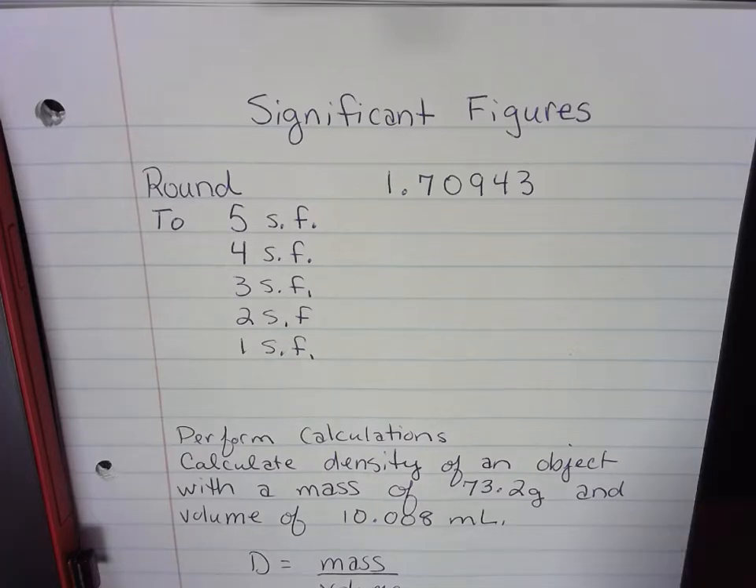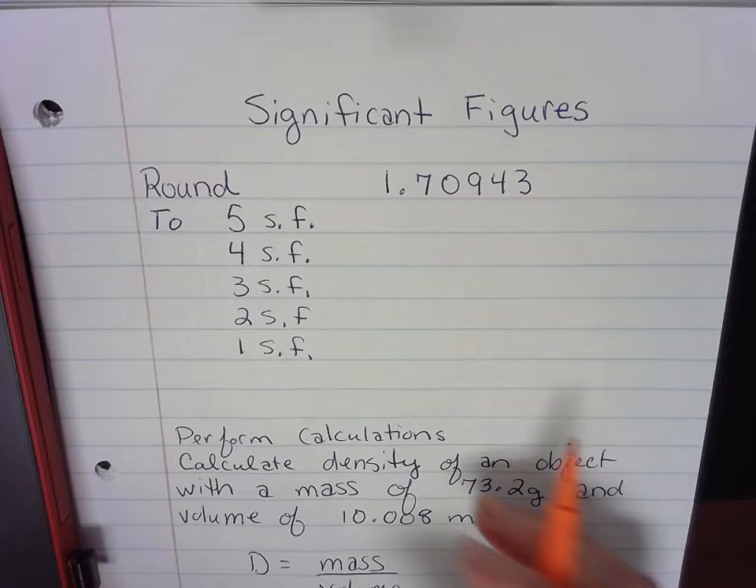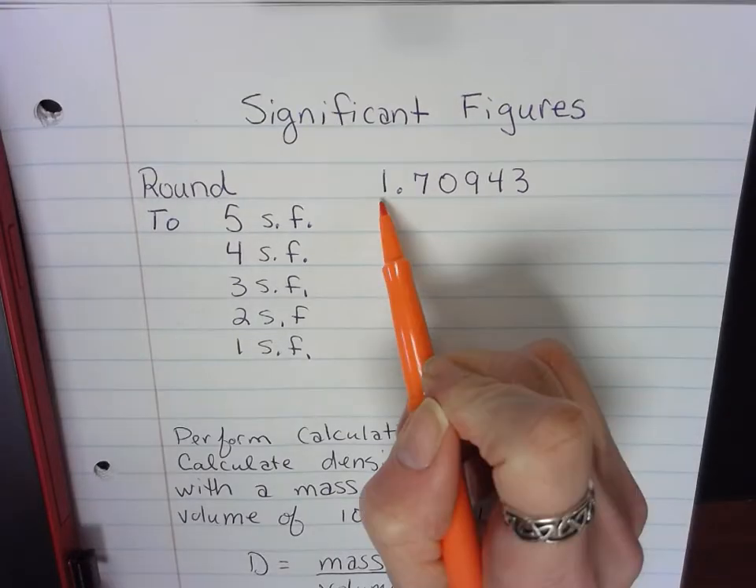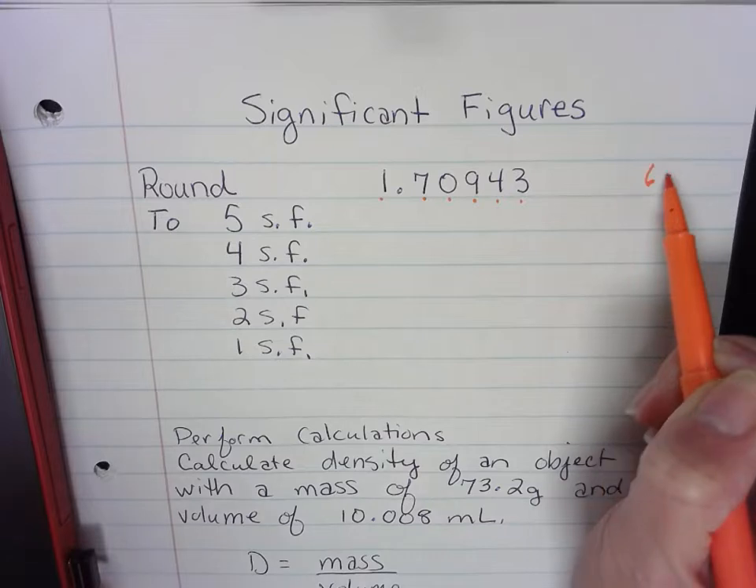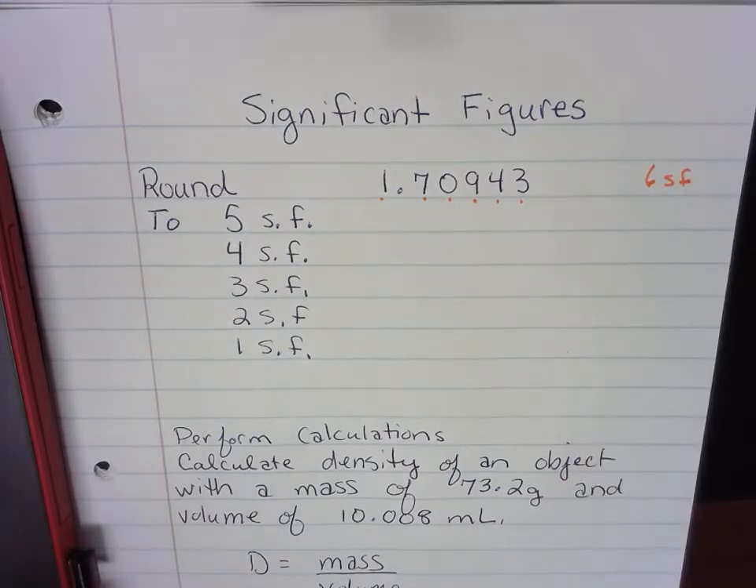and notice that right now we have 1, 2, 3, 4, 5, 6 significant figures. This 0 is significant because it is between two non-zero numbers. Now let's round it to 5 significant figures. So if we were to round it to 1, 2, 3, 4, 5 significant figures,